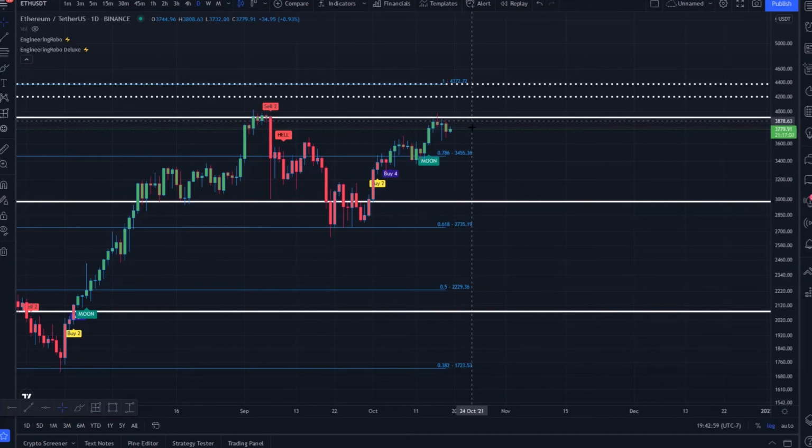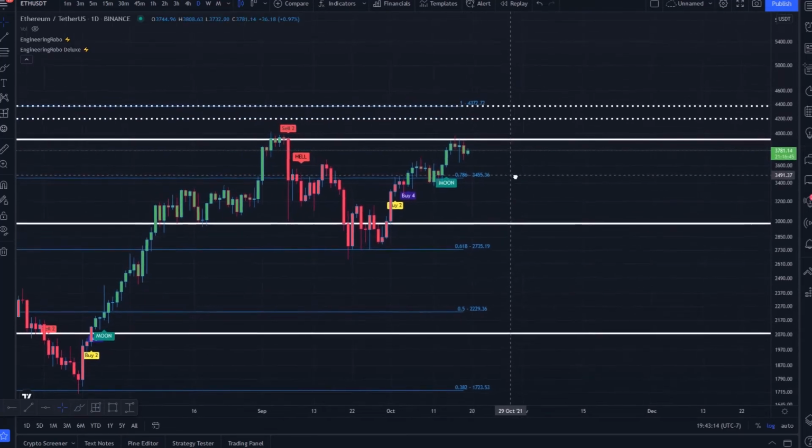$3,920 per Ethereum was resistance for us over the last few days. I was suggesting continued sell pressure was present, as traders may have been taking profit at this level. We are bullish on continued upside with these buy signals coming into play. Any short-term downside we experience may be a bullish buy opportunity for us as traders buy the dip